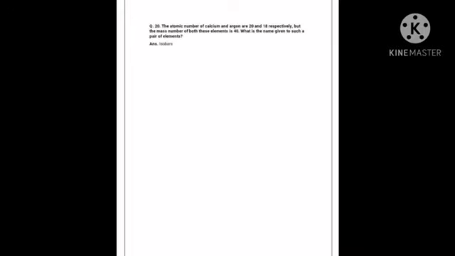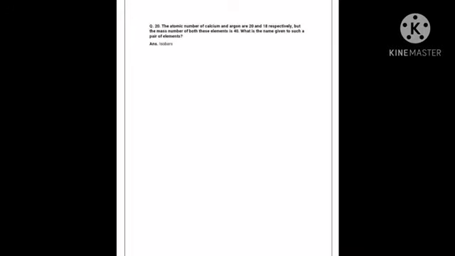Question number 12 is, 1 electron is present in the outermost shell of an atom of element X. What would be the nature and value of charge on the ion formed if this electron is removed from the outermost shell? Right. So we have discussed in ions that whenever an element or atom loses its electron, the formation of a cation takes place. And here this atom loses 1 electron, right? So the magnitude of positive charge will be 1 unit. So charge would be +1.